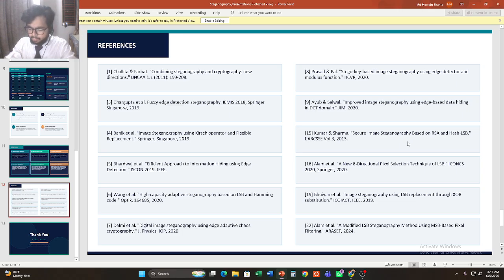A full reference list is provided in the slide and in the original paper published in IEEE Xplore.